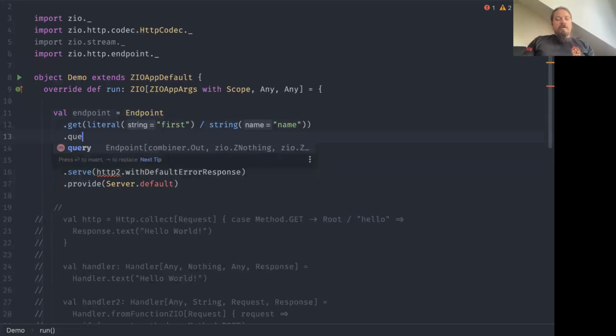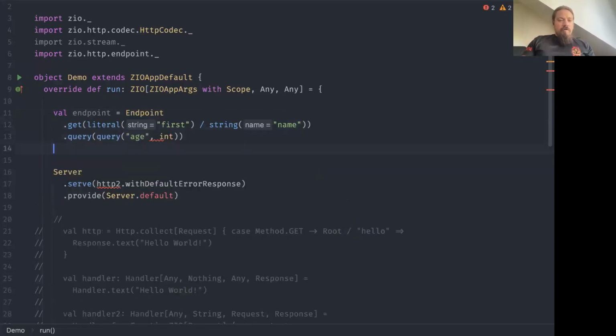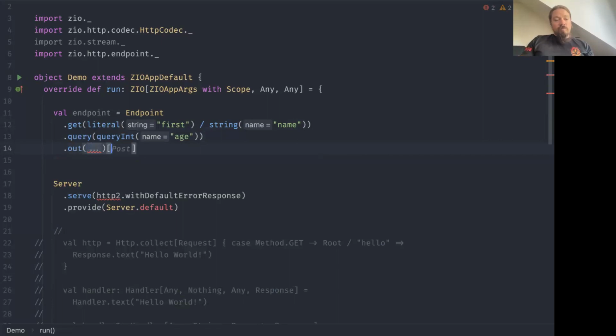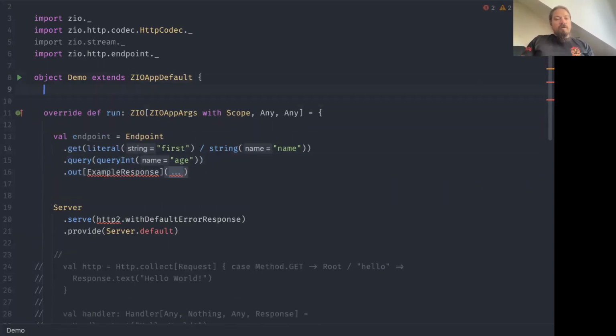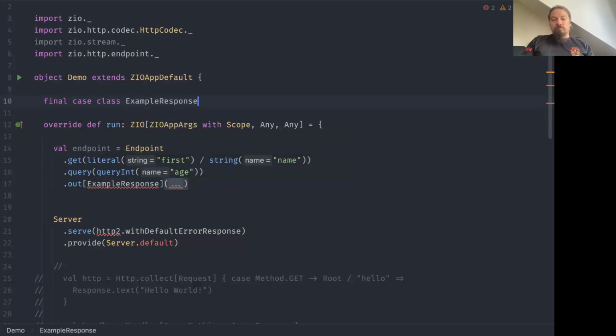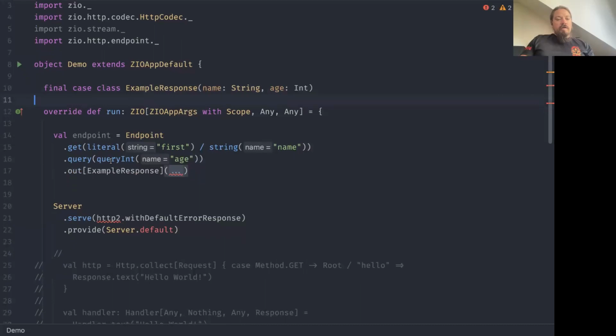For example, we can ask for a query parameter, or not like this, like this. Or we can say that it returns an example response, which we define here as a case class. And then